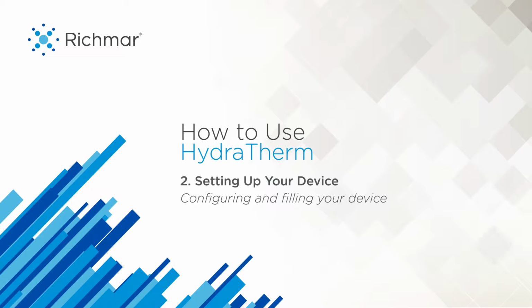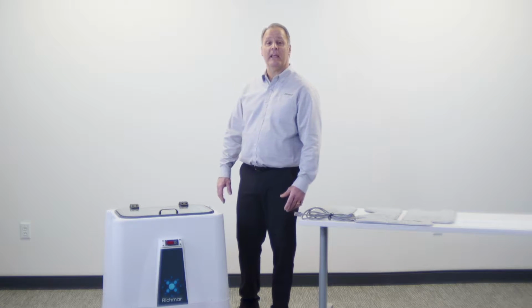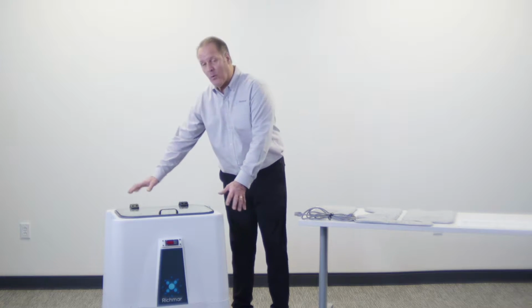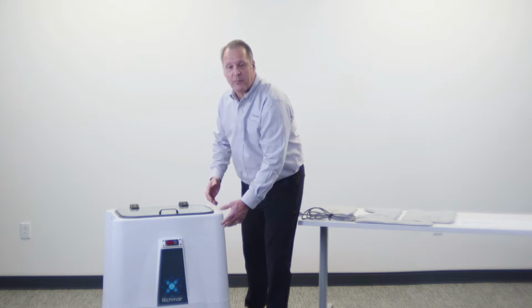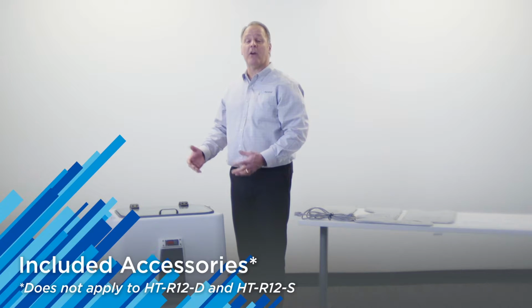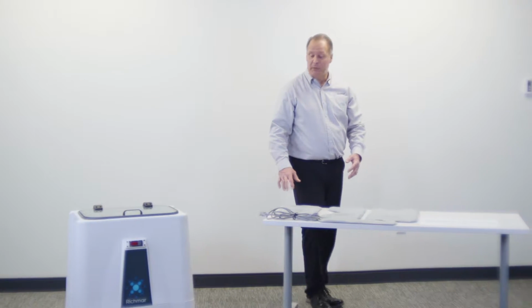At this point, you have received your HydraTherm moist heat device. It comes in a pristine, nice white carton with foam inserts to protect the device from shipment. There is a slot at the bottom where you unstaple and pull the bottom of the box away from the base of the box, and you'll be able to lift the carton right off, saving your back and any risk from injury. When you do lift the carton off, you will notice that you will have, between the wheels on